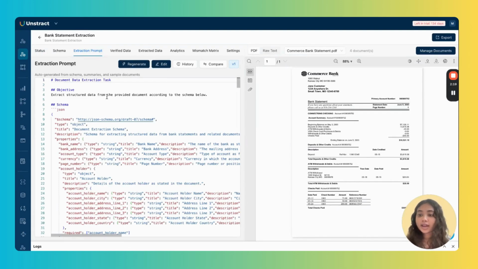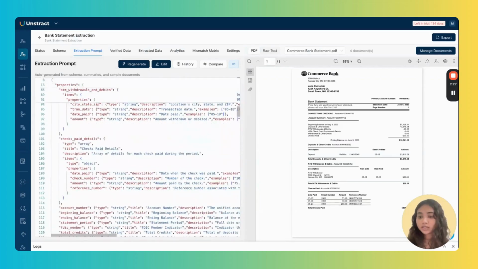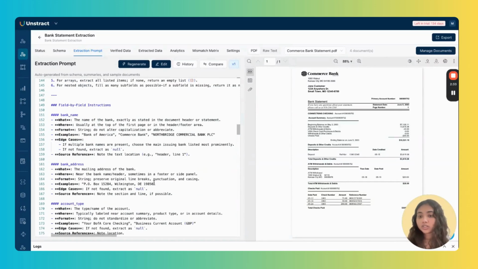All right, so I have an extensive prompt over here. You can see we start with the objective and we have a schema over here, which is basically what we'd seen earlier. And then we have extraction instructions like general guidelines, field by field extraction. So if I have to take you through one of these, you can see that over here we have field level guidance for the bank name extraction. So what is it exactly?